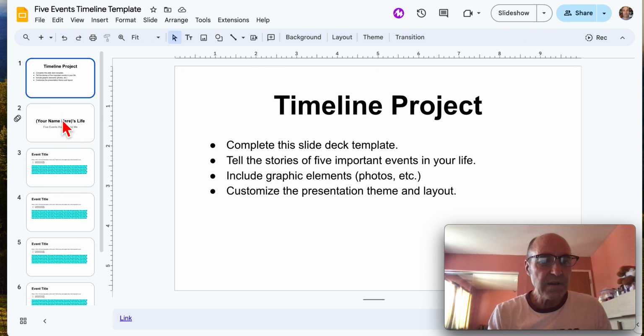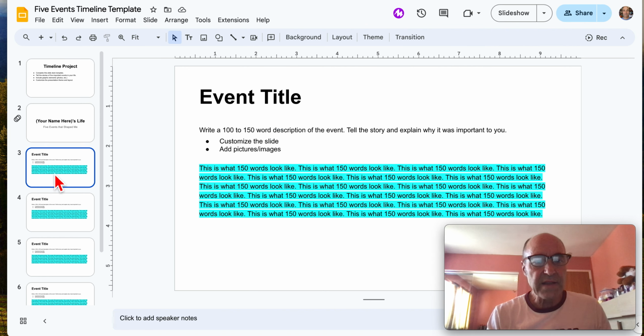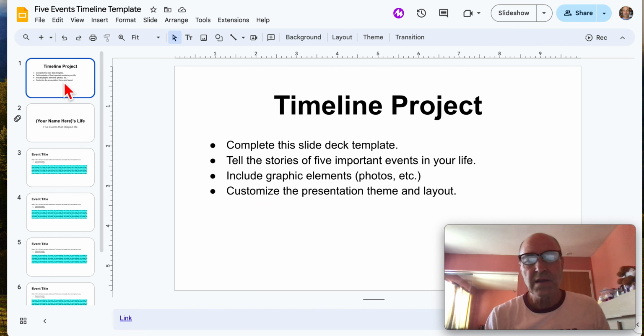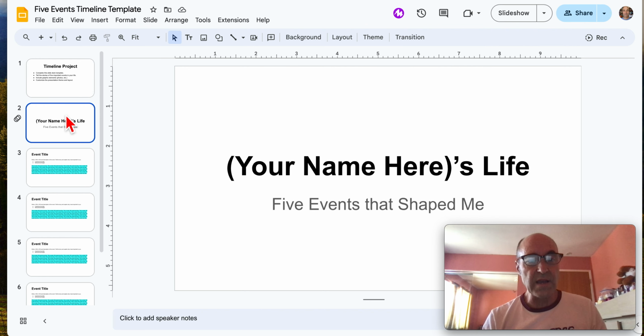On the left, you can click through the different slides and work on each one individually. So the first slide is the instructions to go through each one of these. Now, you don't need this in your final project, so when you're done with everything, I'm going to ask you to delete this. We go to the next slide, and you're simply going to click in here and place your